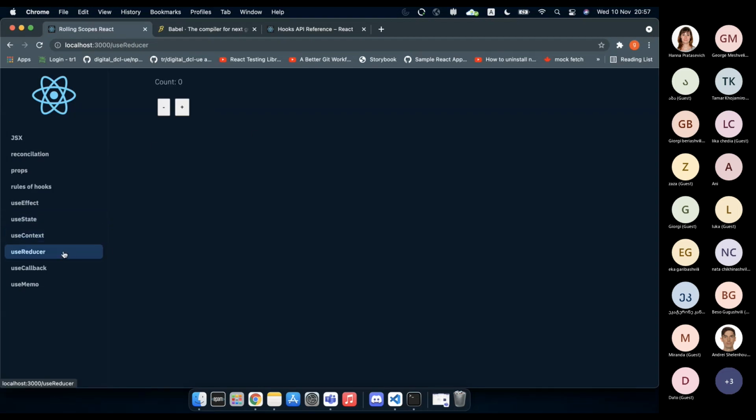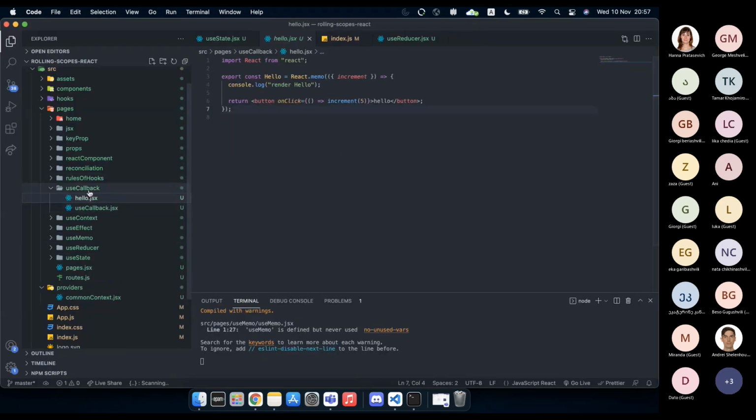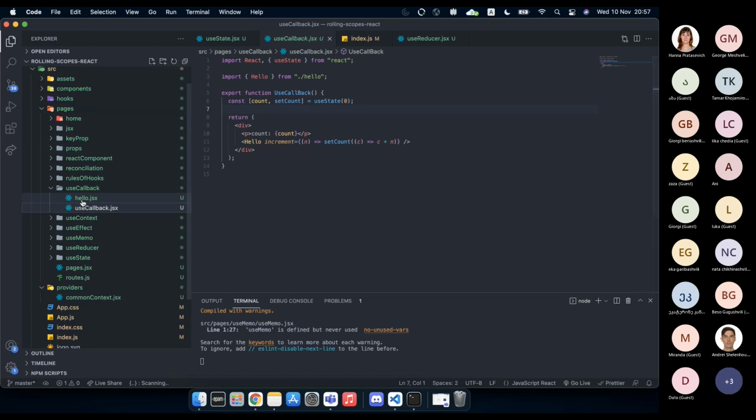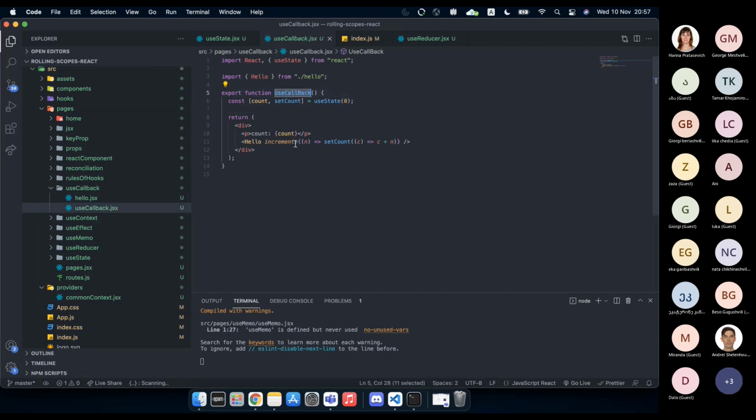So also we have, we left like two hooks. There is useCallback. So what is this useCallback? Here, for example, first of all, I wanna explain what this React memo means. So when we are here in useCallback, we have a div, we have a paragraph, and